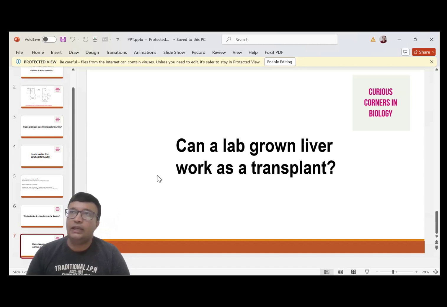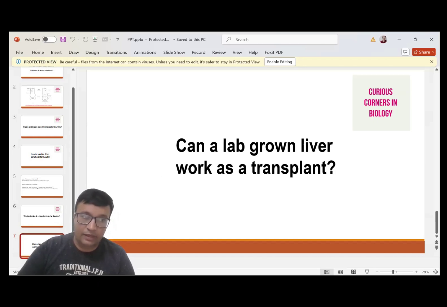It is used to treat damaged organs, as well as it is used to test even vaccine safety, or safety of certain medicines or drugs. Okay. So this is all